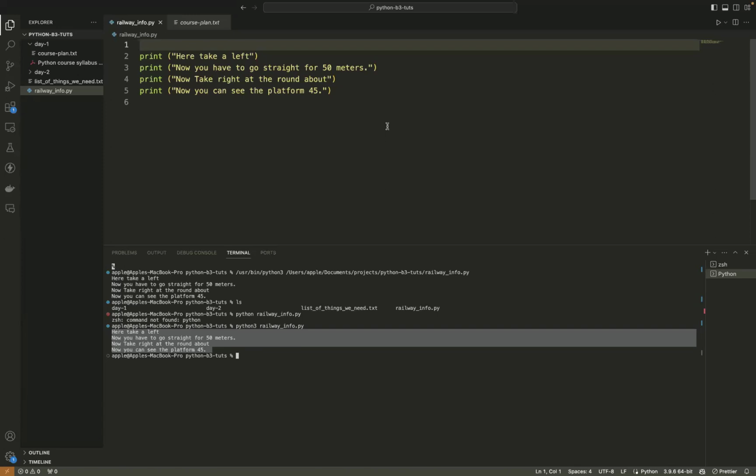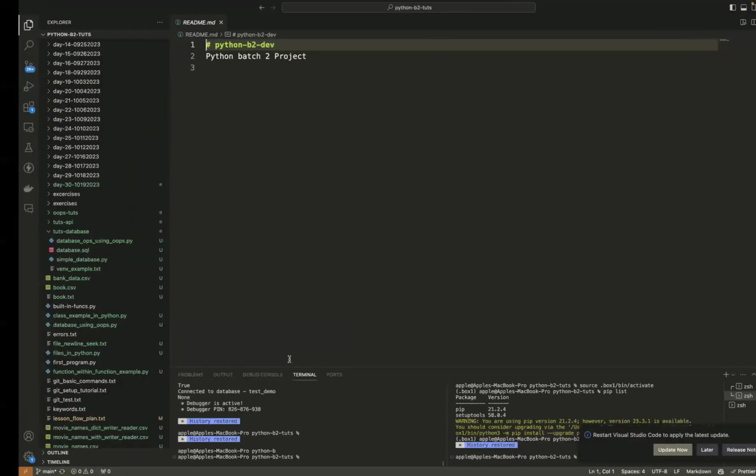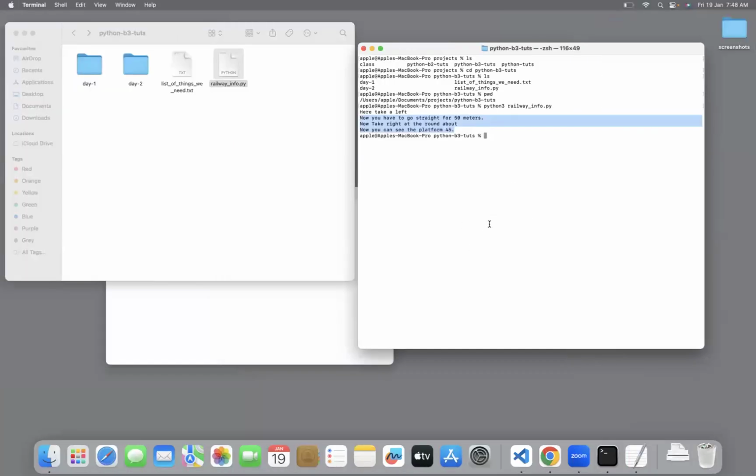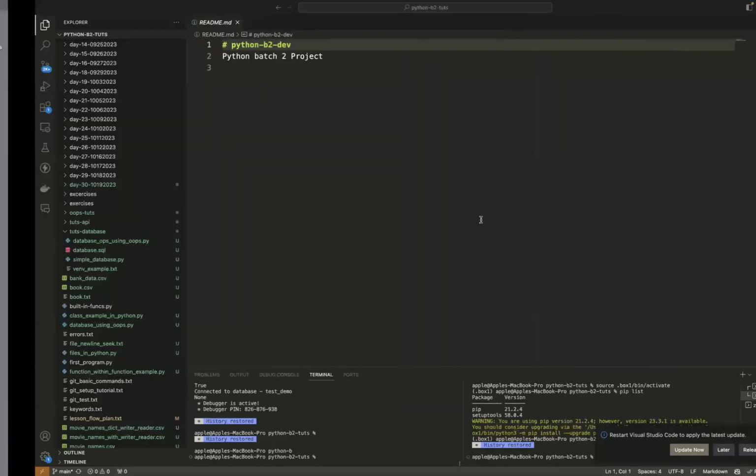The output of your source files can be viewed in three different ways. One is clicking the play button, or executing it from the terminal embedded in VS Code, or the system's default terminal, or command prompt, or a shell, or console, whatever you call it. By using this also you can execute those things.